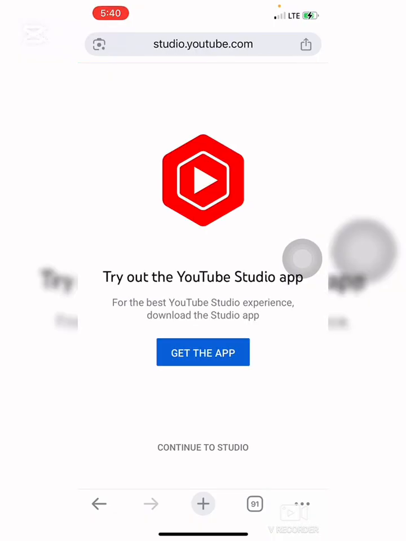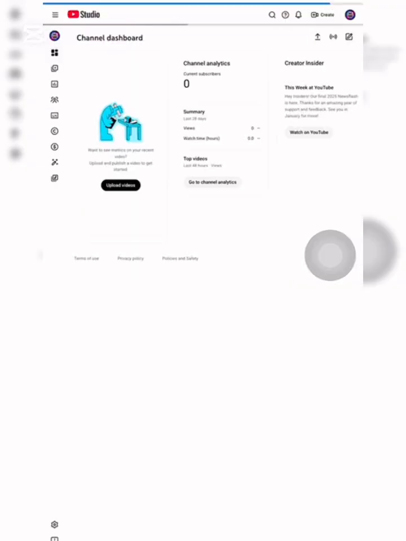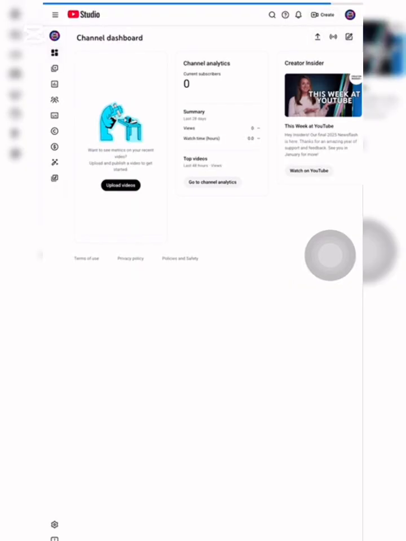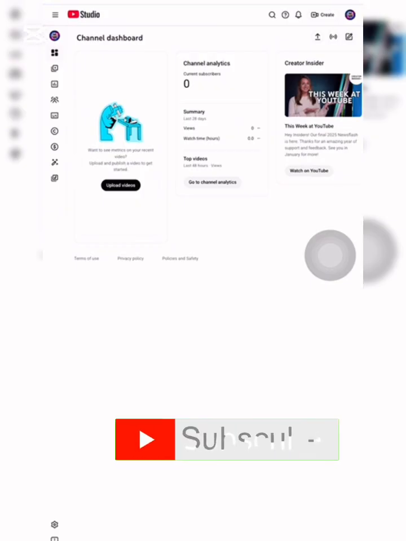It's loading. Okay, it has opened. So you click on continue to studio. Don't click on get the app. So click on continue to studio. Okay, very good. Okay, so now what you need to do, first there's something I want us to do quickly,